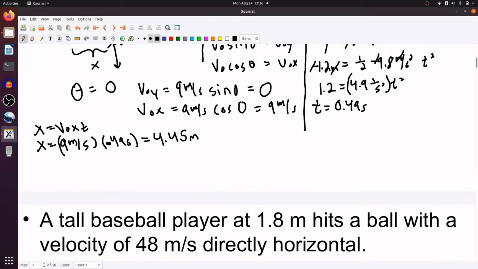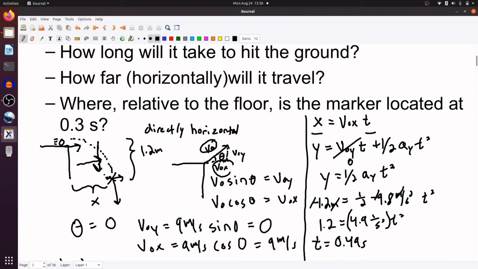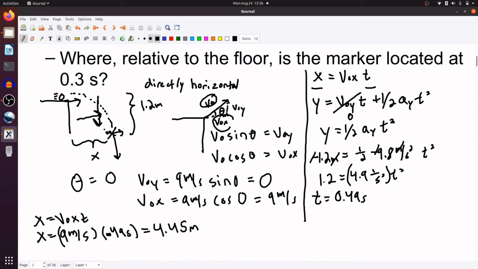And then my last part of the problem says where relative to the floor is the marker located at 0.3 seconds. So I am going to erase some of this